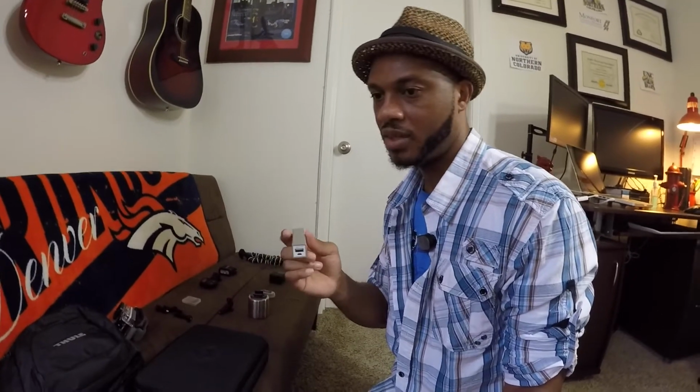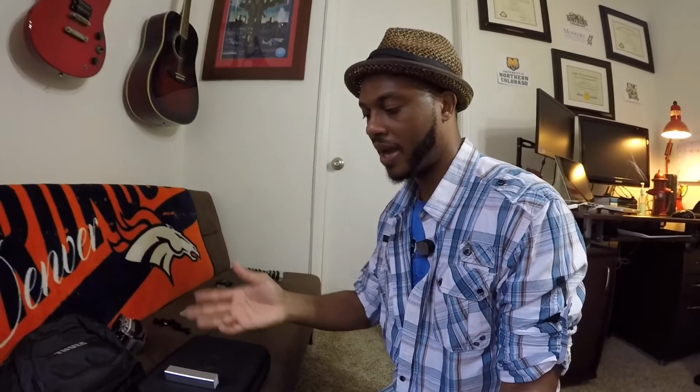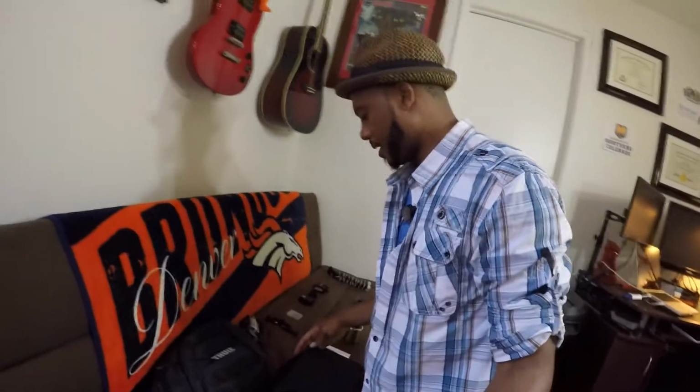So I recommend getting one of these because you don't want to miss anything. You don't want your batteries to die out. So having one of these little chargers, just a small, you know, inconspicuous one, sits in a bag or something like that, is great. So next,